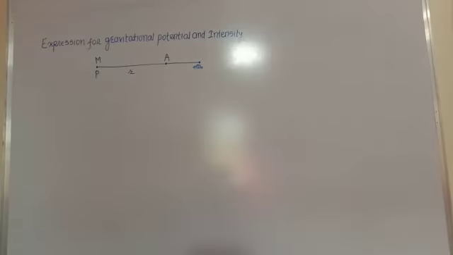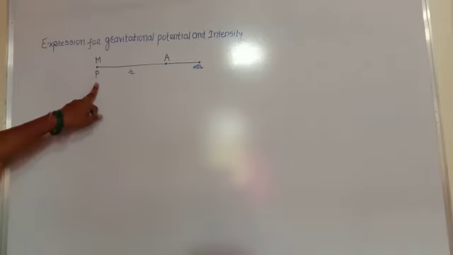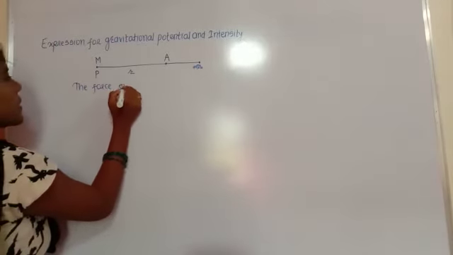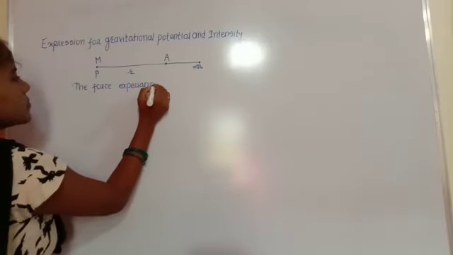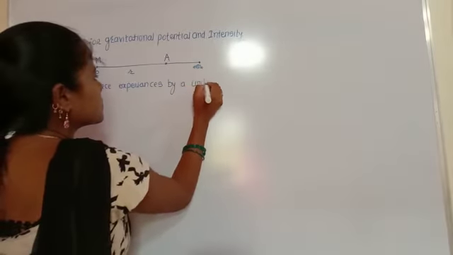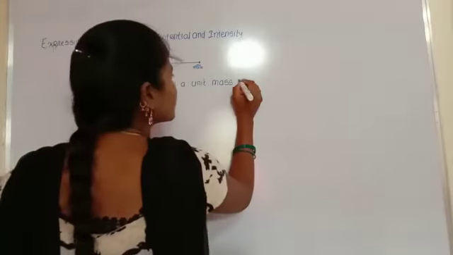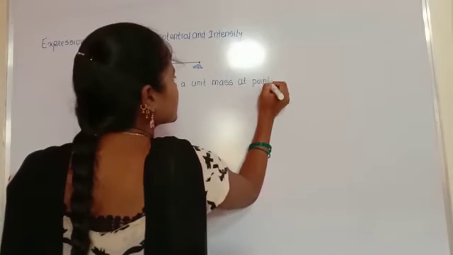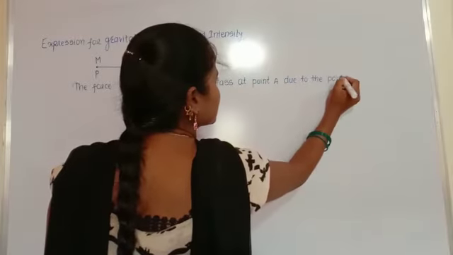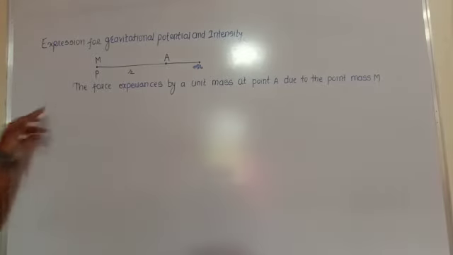So the force experienced by the unit mass m0 at a point A due to the point mass m is given by the force experienced by a unit mass at point A due to the point mass m, is given by,